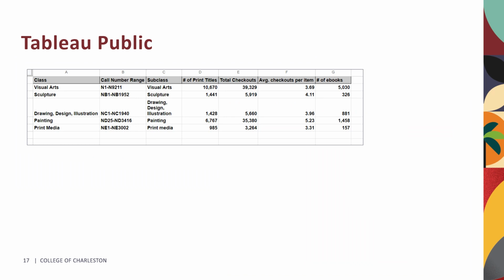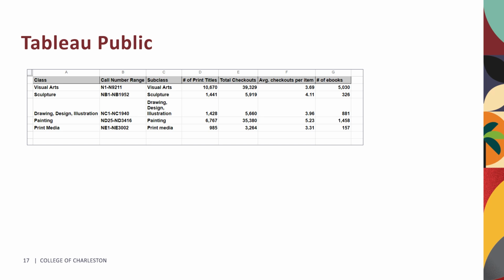I wanted to discuss Tableau Public. Tableau can be a very complex tool to learn to use, but it can also be used to create really appealing graphics for even the simplest of data, like the ones we have been discussing. So it doesn't necessarily have to be so complicated. Tableau Public, for example, can easily integrate with Google Sheets as a data source. So I've got my screenshot here of my Google Sheet of monographic holdings for both print and ebooks. And I'm going to show you how we can quickly turn that into